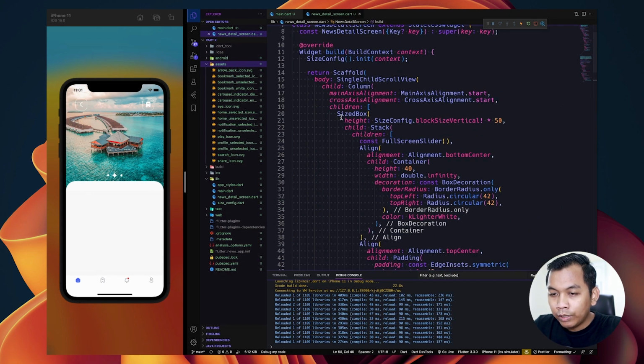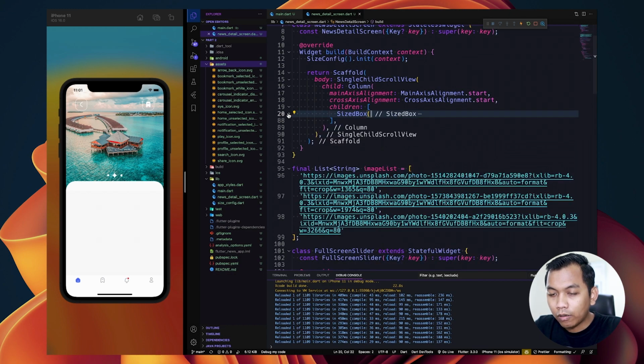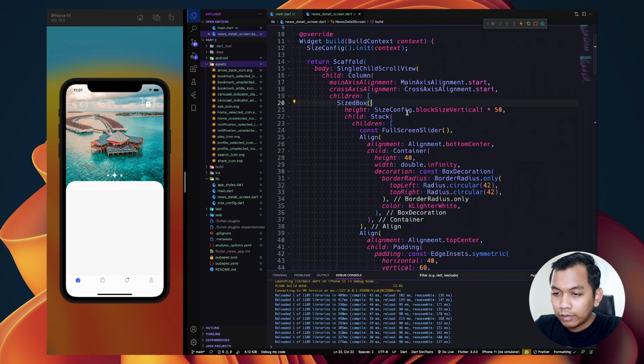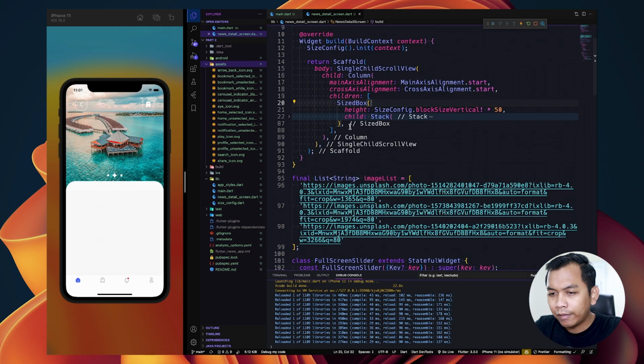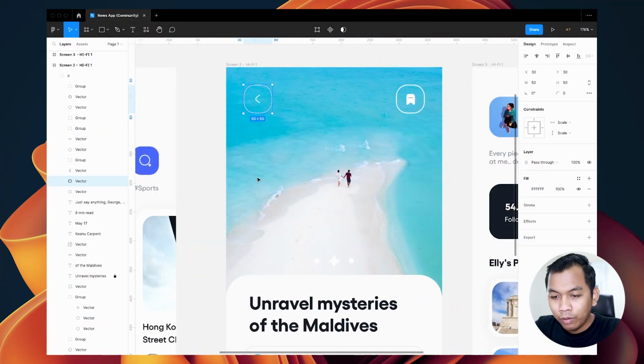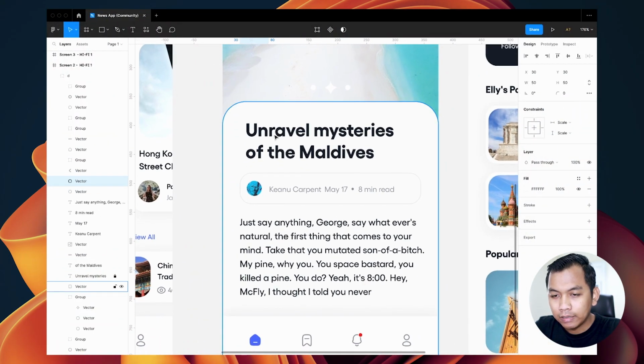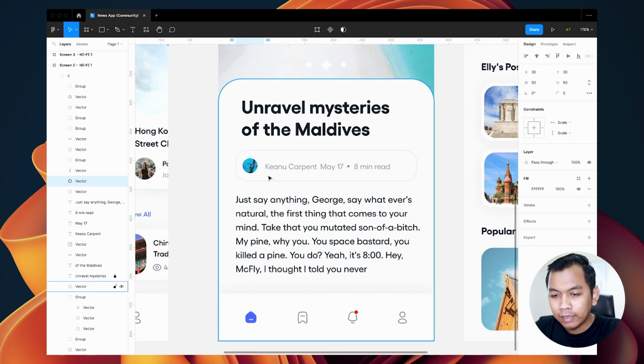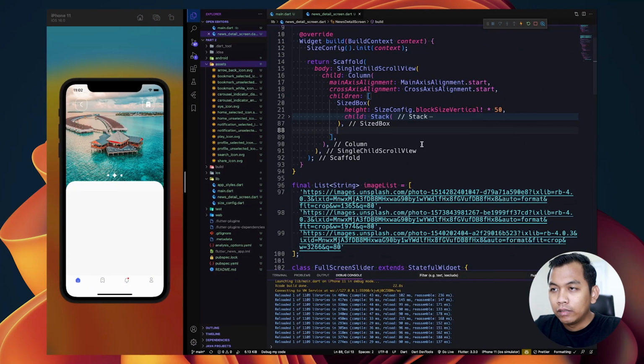So what we need to do, we need to wrap all the components into a size box or container, and set the height to be half of our screen height. And below our size box, what we need to say, we will have this title and the content. So what we need to do here,